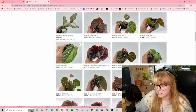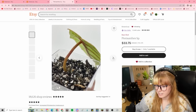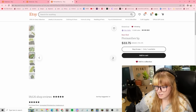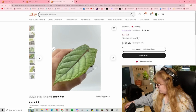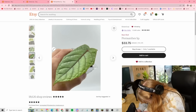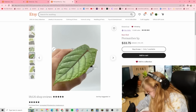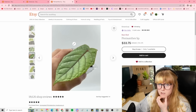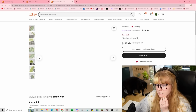This is a plant I want really badly. I would buy this right now if I didn't have self-control, which I unfortunately do have. Unfortunately, I do need to buy groceries, but this is a plant that is actively on my wish list and has been for a really long time. It's actually really great that Botanicaz is selling these, because the last time I looked at buying one, they were almost $200 from different random stores. So now that Botanicaz is selling them, it means that...